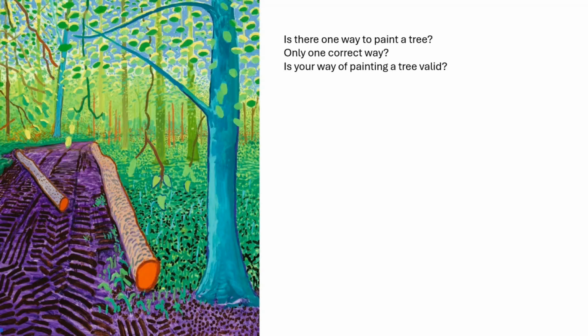We can obviously see these are trees. There's a little trackway and some trees that have been cut down. But it's not a purely representational painting. It's not a naturalistic painting, and his use of color is certainly not naturalistic. By naturalistic, I mean this approach to art where you're trying to recreate the real world as naturally as possible. It's one way of making art. It is not the only way of making art.